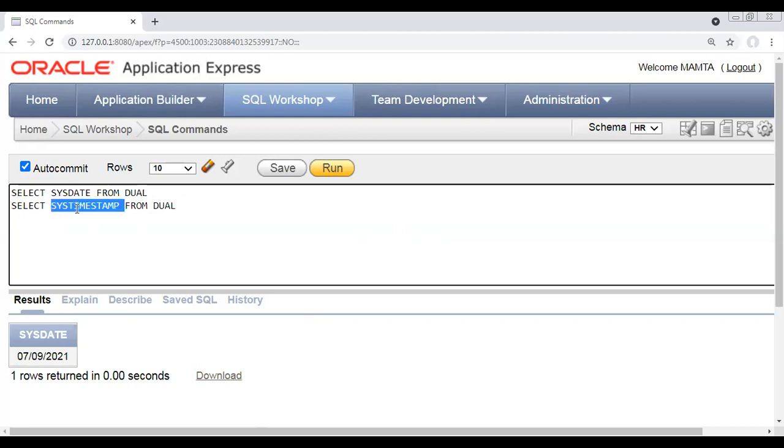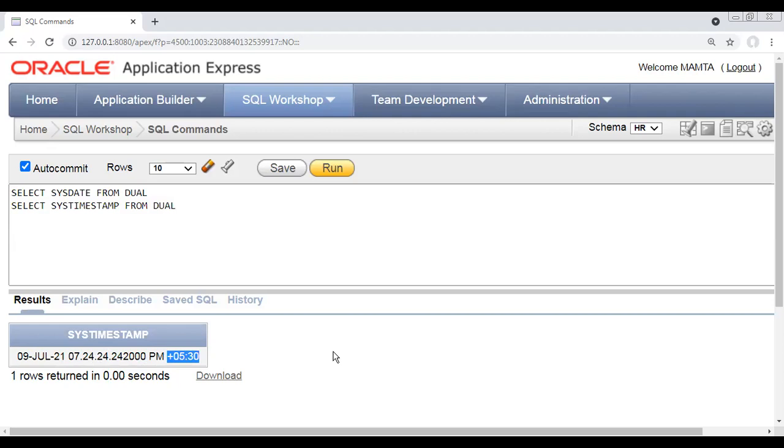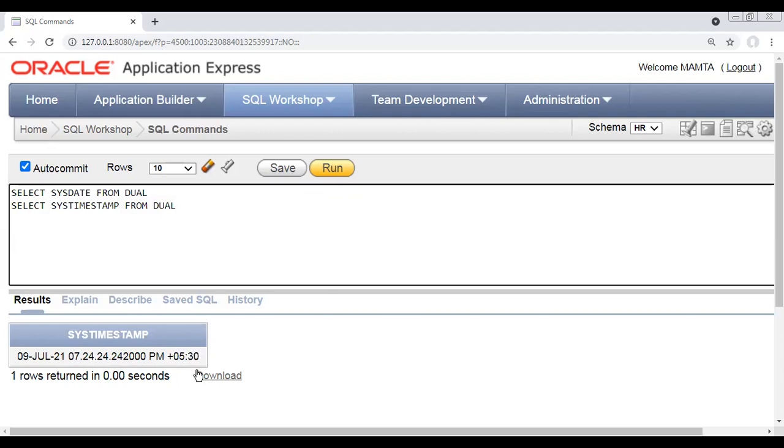It is also the date, but a detailed date. 9 July 21, hours, minutes, seconds, AM, PM, and plus 5:30. You can say that we are ahead of GMT by plus 5:30. Clear? After that, we have